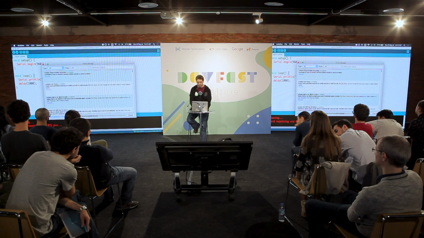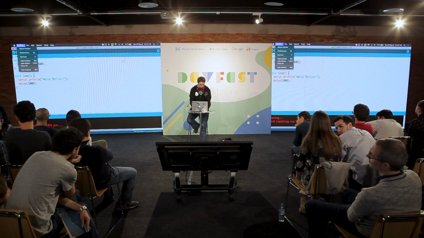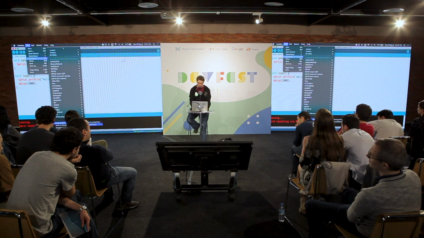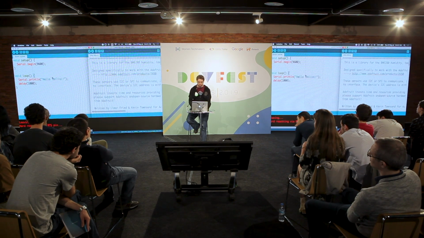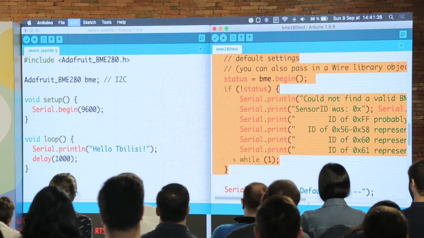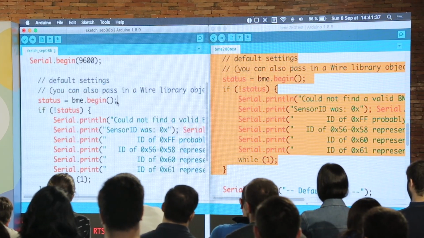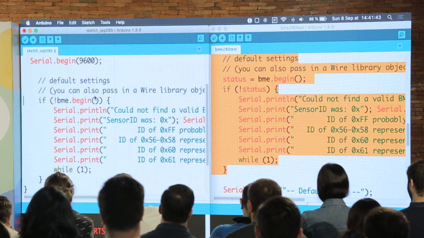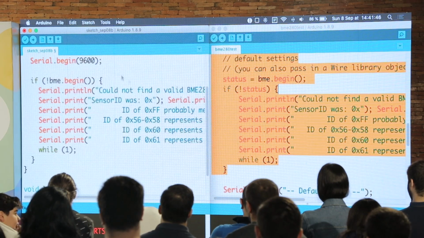So I just install one. And then in the Arduino IDE, you can just go to file, examples, and you can find some examples on how to use your sensor. Once you have installed the library, it tells you how to use it. You have a simple import. Then you have to have an instance of your sensor. In the setup method, we will initialize the sensor. So we will try to call bme.begin, and if it fails, we will just write a very simple message.